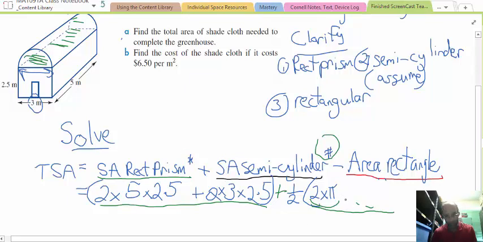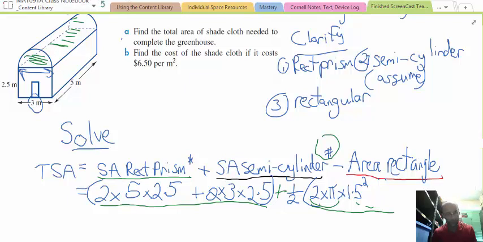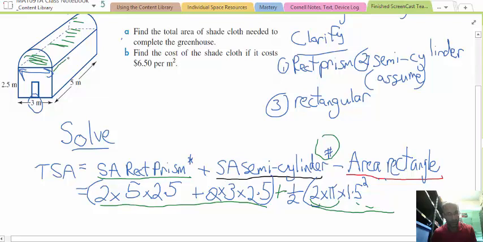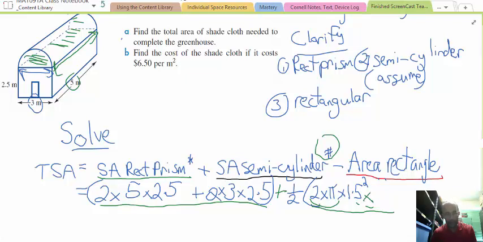So half of 3 is 1.5, so it's 1.5 is r, so it's 1.5 squared for r squared, times the h. The cylinder goes along there and its major axis, so it's that length, which is 5. So times 5,